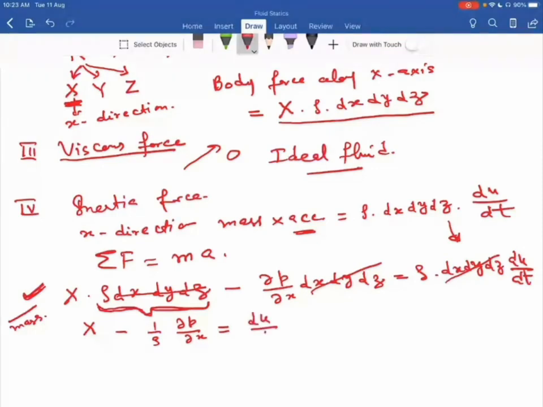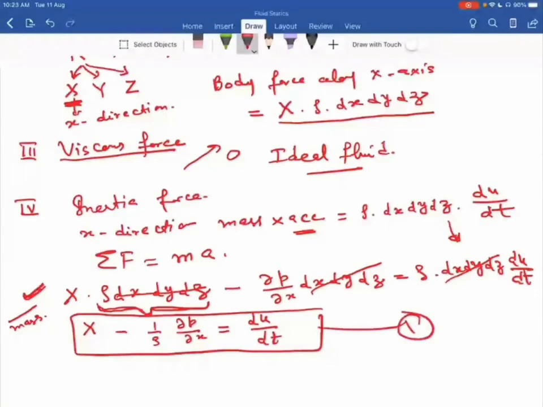Now we have this simple equation. Say this is equation number 1. So in this equation each term represents force per unit mass. ठीक है, and this is the equation along x direction. ठीक है, तो जैसे हमने लास्ट जनरल फॉर्म में एक्सेलरेशन की वैल्यू पुट करी थी ऑन सेम लाइंस, यहां भी हम एक्सेलरेशन की वैल्यू जो है वो पुट करेंगे. ठीक है, सो फॉर दैट नाउ आई राइट